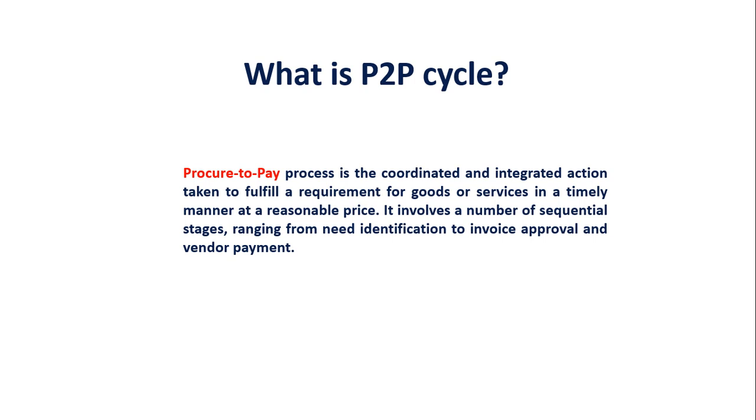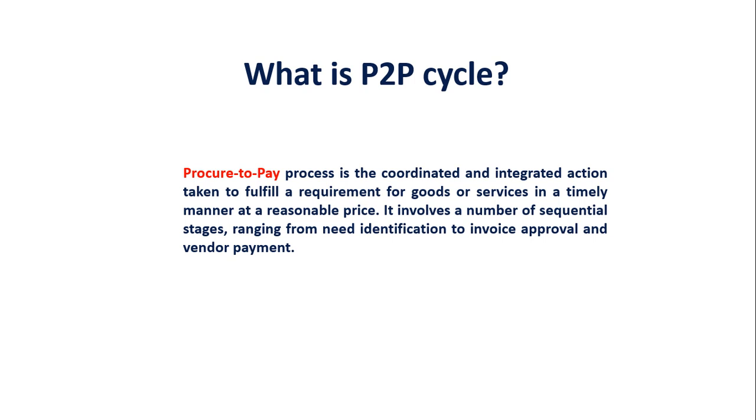So what is the procure to pay cycle? The procure to pay process is the coordinated and integrated action taken to fulfill a requirement for goods or services in a timely manner at a reasonable price. So this is the definition of procurement. That's what the procurement do. They need to acquire goods or services from the right supplier to be delivered to the right place at the right time with a reasonable price or